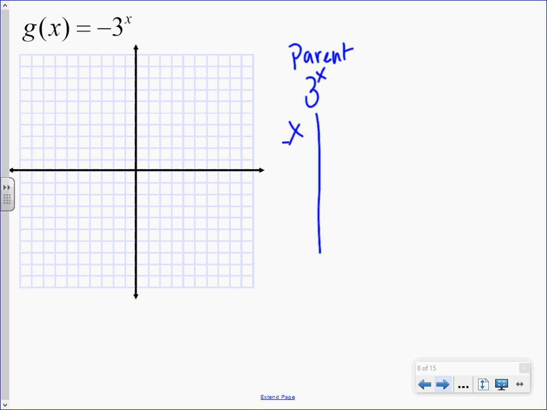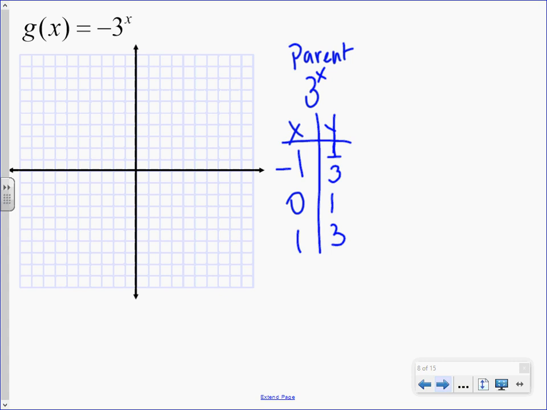Okay, we're still going to think about our parent function. We plug -1, 0, 1 in for the x's. We get our y values for the parent function. But that negative out in front of our function, what is it doing to our curve? Changing all the y values. It's changing all the y values. Caleb, you did something with your hand. Flips over what? Okay, a negative out in front of our function is going to flip all of these over